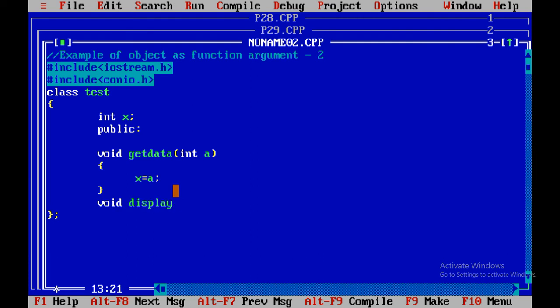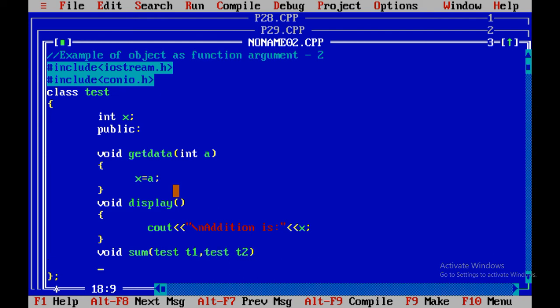void display, cout \n, addition is x. One more processing statement I have mentioned inside the class, that is void sum, test t1 comma test t2.